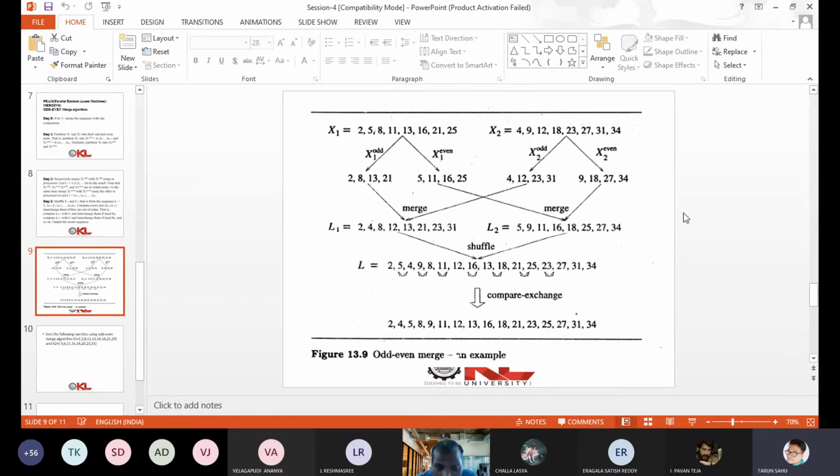No. Here merging means these x1 odd and x2 odd are compared and the elements are put in sorted order. Not like shuffling. The elements of L1 should be in sorted order after merging.